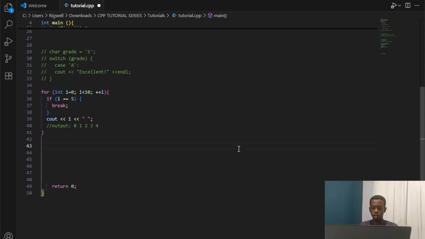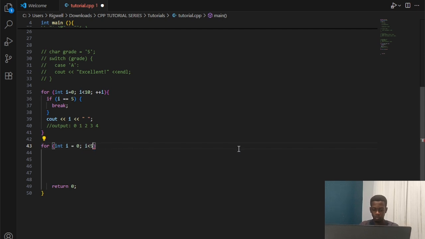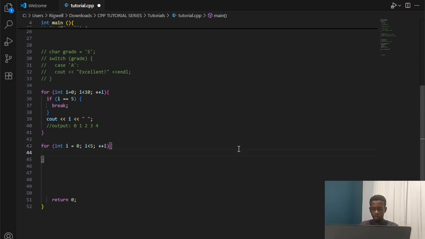So for an example, we have int i equals 0, i less than 5, and i plus plus, and we open this. So if i is equal to